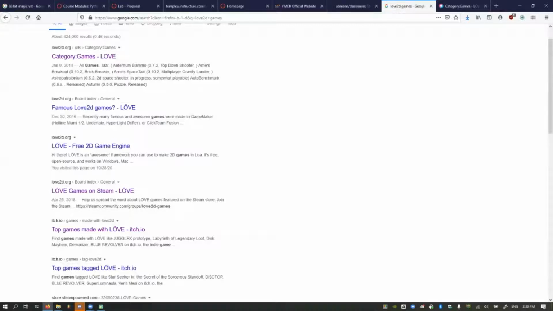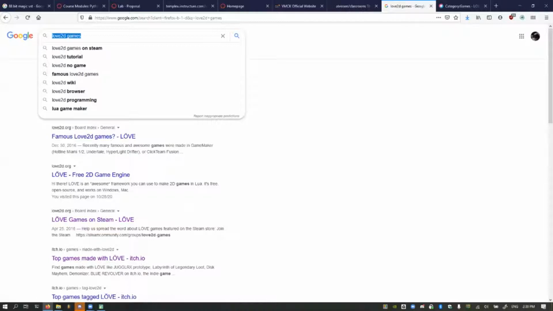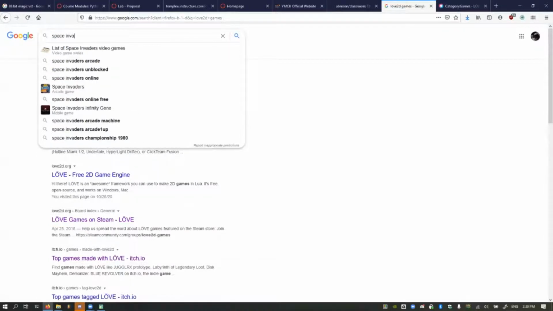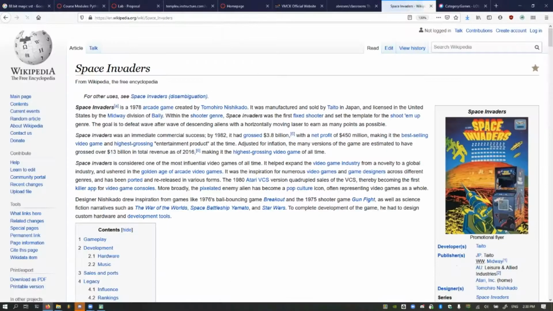Now, what kind of games would be appropriate for targeting for a final product? Some of the more old classic arcade games. Cloning Space Invaders and then adding some kind of twist onto it would be there.